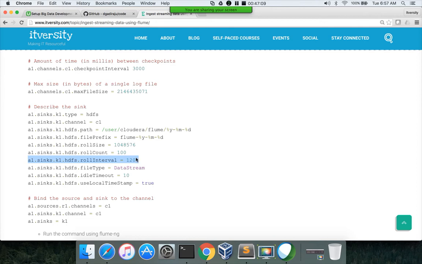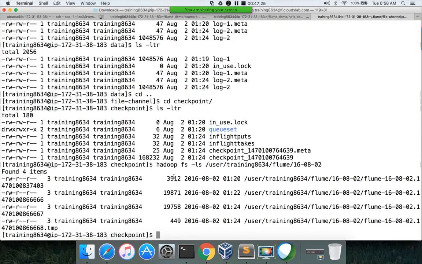So if you see here, when it comes to HDFS, I am saying roll size is 1 MB, roll count is 100 and roll interval is 120. So whenever these parameters are reached, it will automatically roll. I think every 2 minutes is the quickest one that is happening.